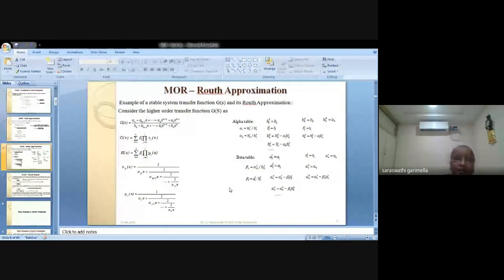So these types of methods are also giving problems. If not unstable, they are not following the original. So at the most you may get up to third or fourth order. In those days, I must say, these were still very good methods. They used to think that the original system should be reduced to second or third order.